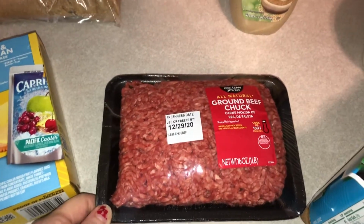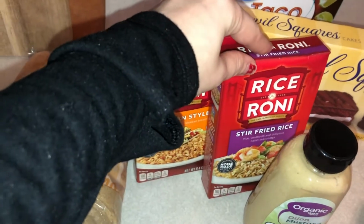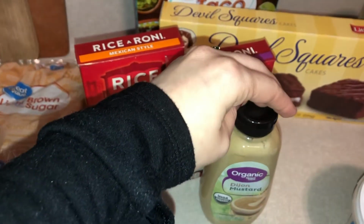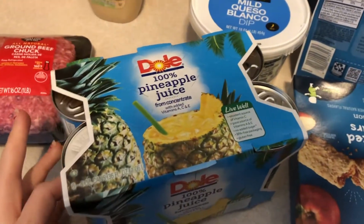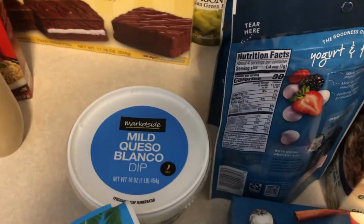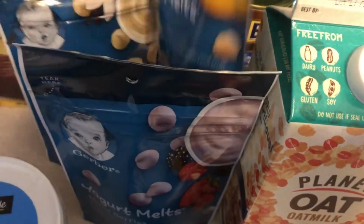Some light brown sugar, some ground beef, Mexican style rice-a-roni, stir-fried rice-a-roni, organic Dijon mustard, devil squares, hard shell tacos, pineapple juice. Garrett likes to drink these at work. Some granola bars for Juniper, mild queso, some yogurt melts,